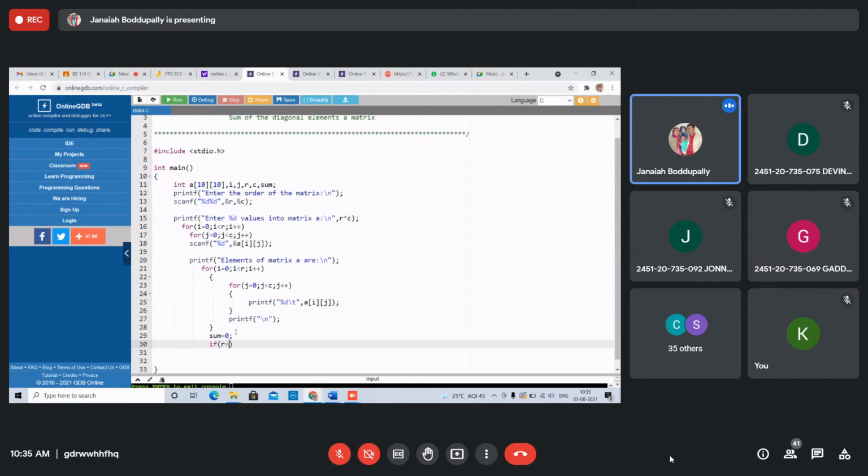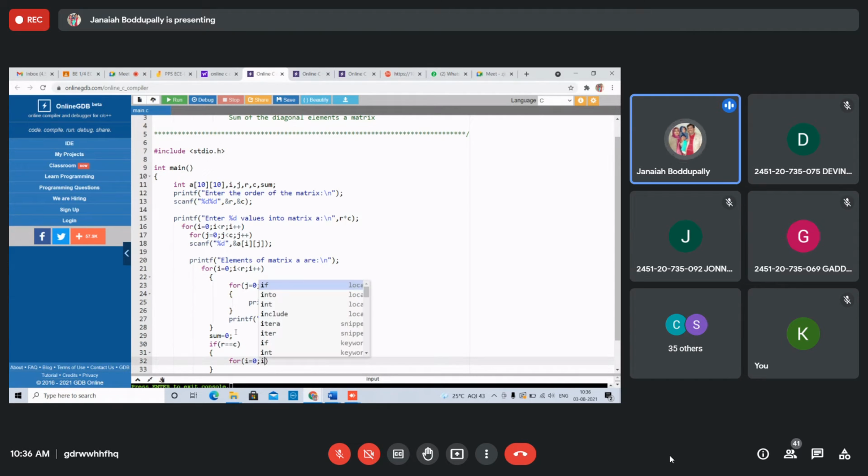If R equal to C only, you can take the diagonal. If R equal to C, then write the two for loops. Diagonal, left to right, I will show. For i equals 0, i less than number of rows, i plus plus.